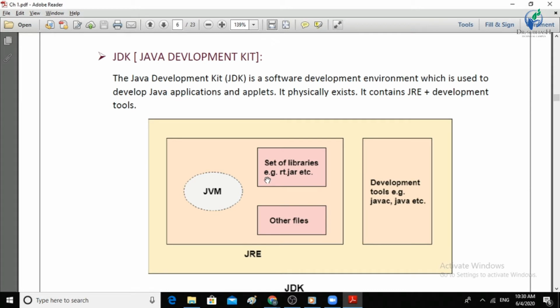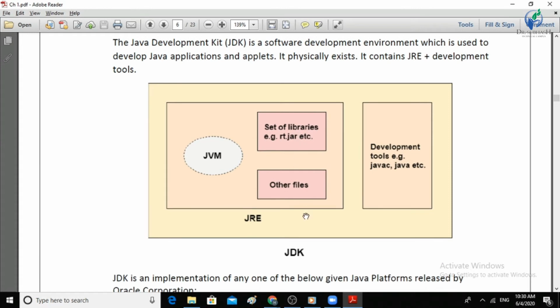Once you have compiled your code and have your bytecode, you need a JRE to run that code. The JRE consists of the JVM, the Java Virtual Machine interpreter. That JVM will execute your bytecode line by line. So these are the two main pieces of software you need to install on your system. The first one is the JDK and the second one is the JRE.